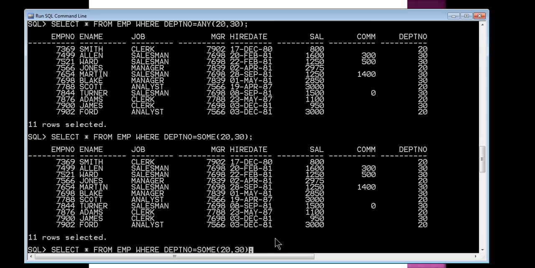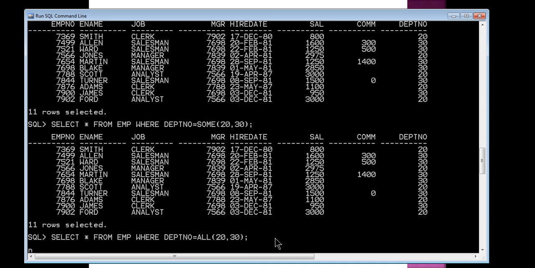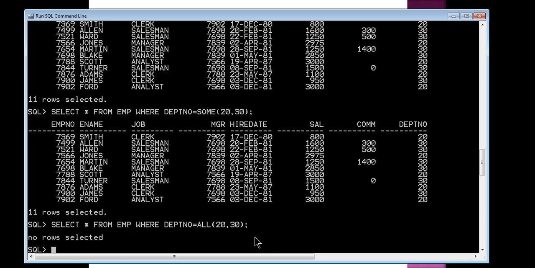If I use ALL, so department number should be 20 as well as 30. That is not possible, because one employee belongs to either 20 or 30. An employee cannot belong to more than one department. So that's why there is no such row where the department number is 20 as well as 30, and the result is no rows selected.